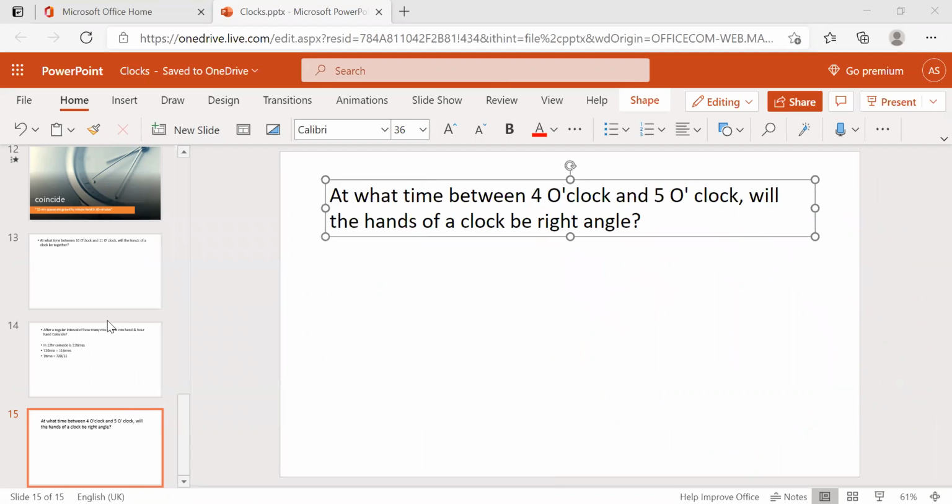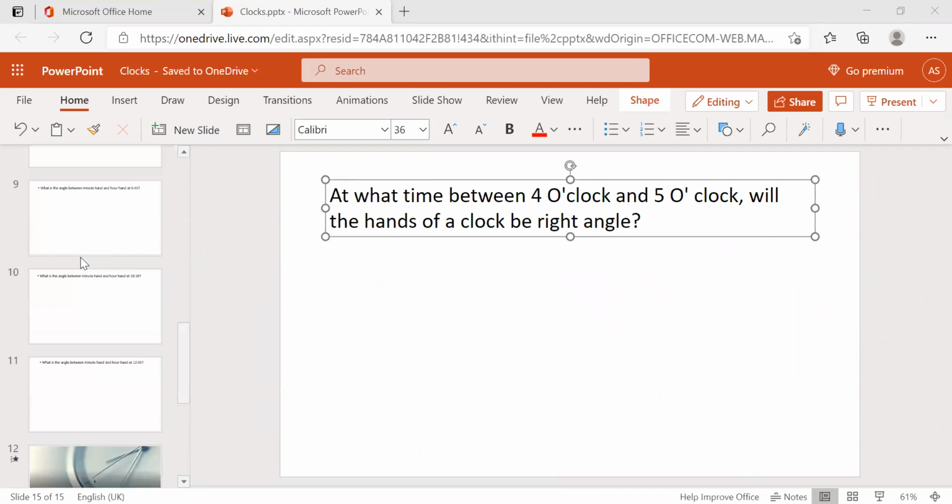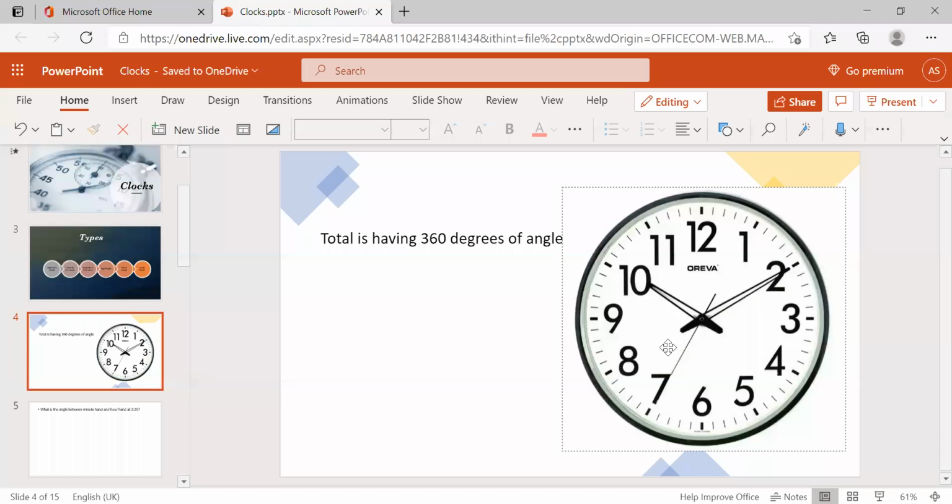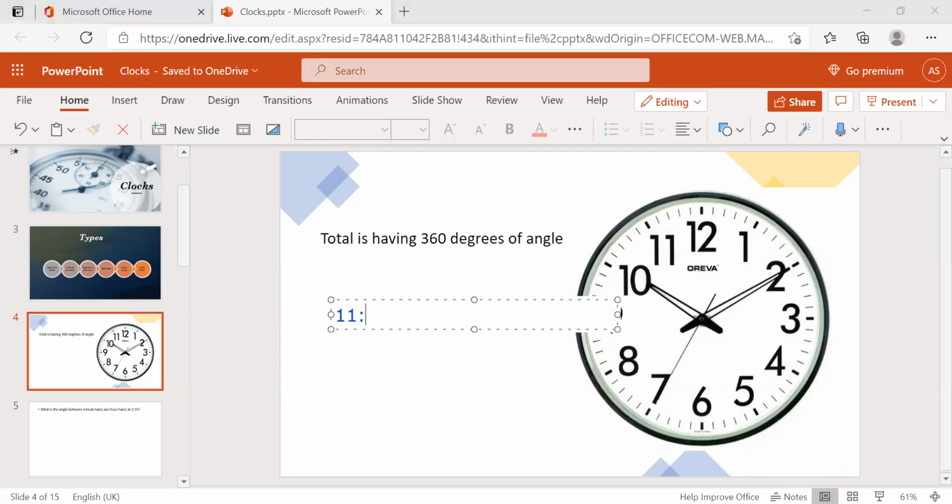Now, what I said, another type we will discuss today, right? So that is mirror image. Now just see here. 10 is the time now. In a mirror, you just subtract it from 11 hours 60 minutes. Then subtract this 10. So what will we get? 150. That's a shortcut trick. Whatever the time, you just subtract it from 11 hours 60 minutes.